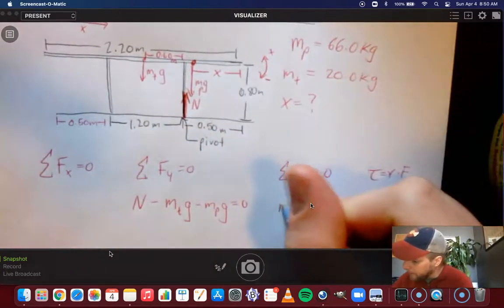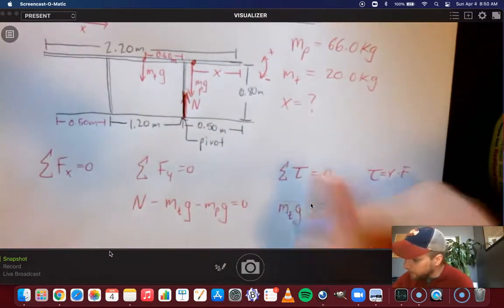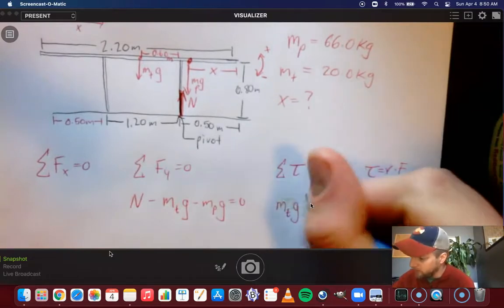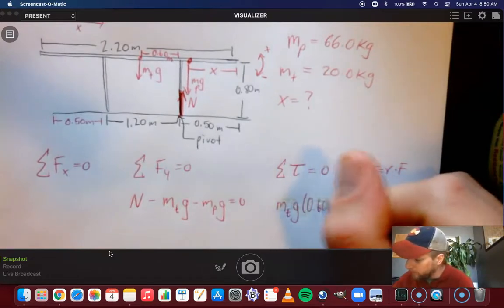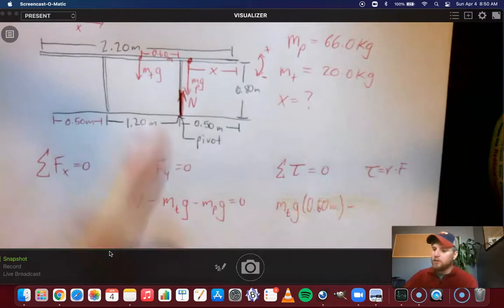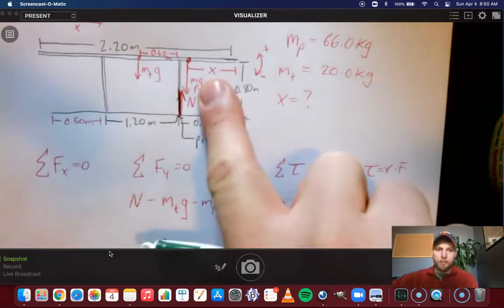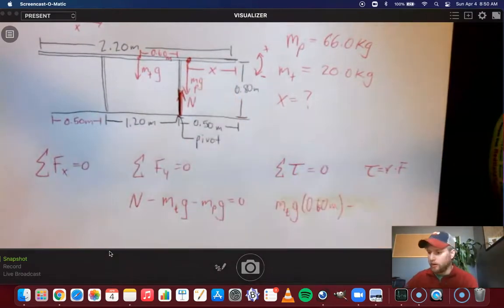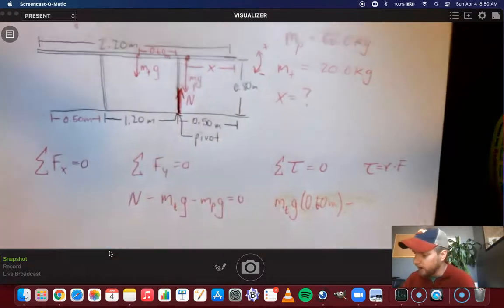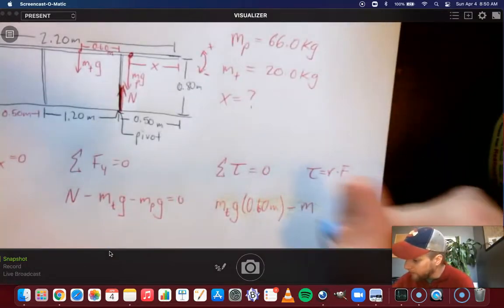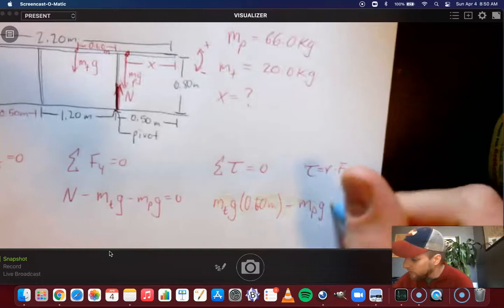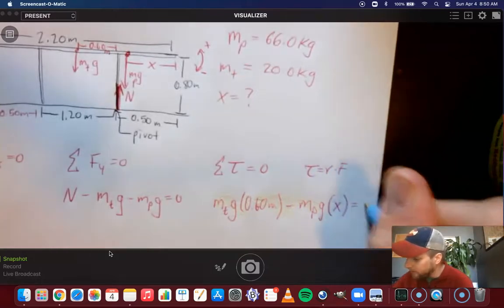So we've got the mass of the table times g, that would be the force, times a distance of 0.6 meters, minus any other torques. We've got the mass of the person exerting a torque at some unknown distance x that we're trying to solve for. So that'll be the mass of the person times g times x,